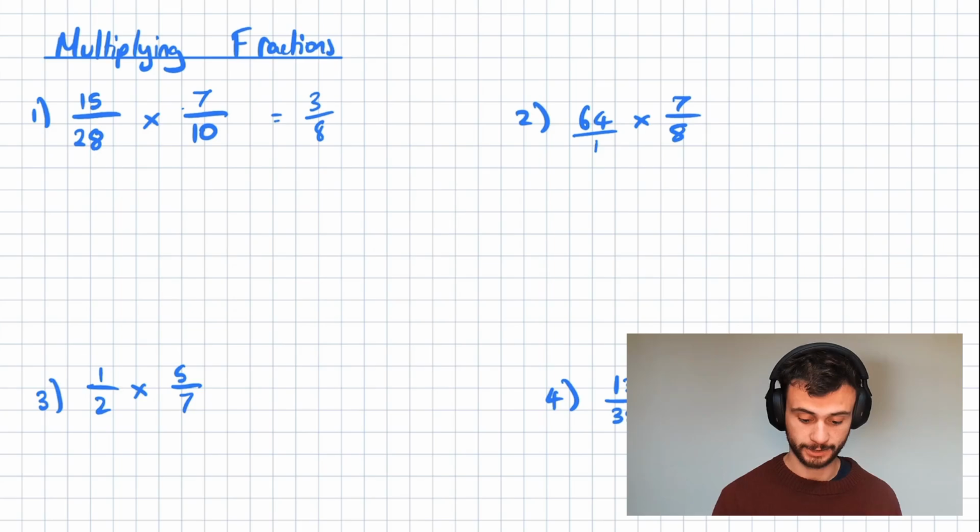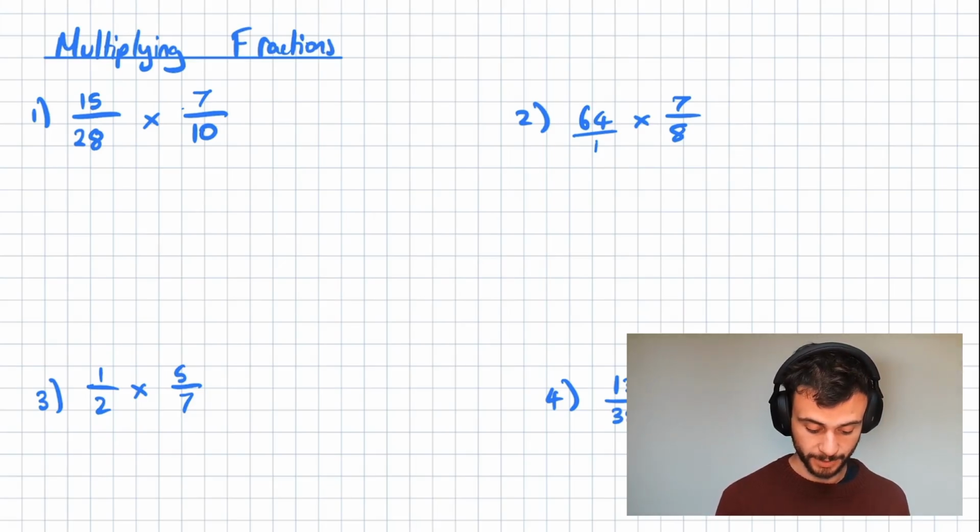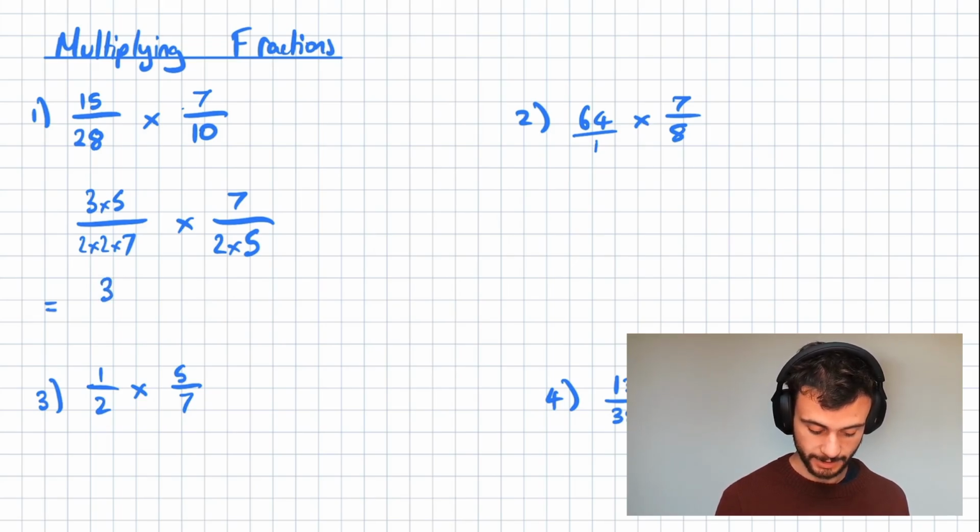So for a question like this, let's get rid of the answer. 15 over 28 times 7 over 10. We may split this up. 15 is 3 times 5. 28 is 4 times 7, or 2 times 2 times 7. And then 7 is prime. 10 is 2 times 5. So we're doing the same thing as 3 times 5 times 7